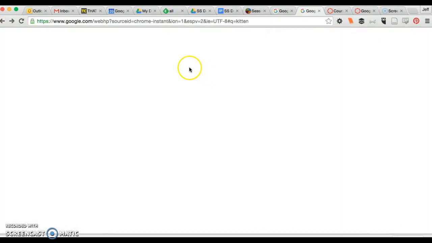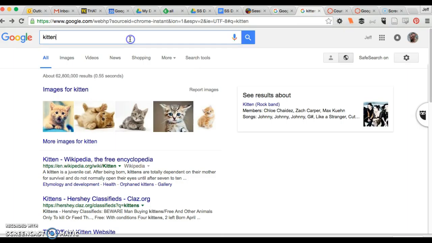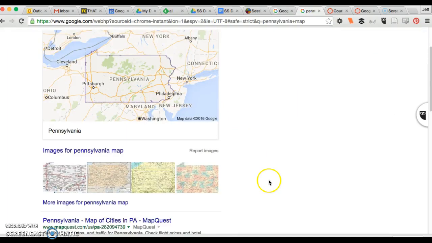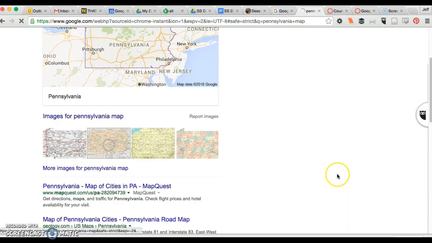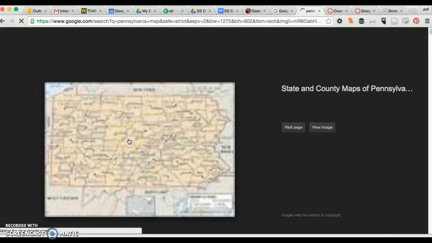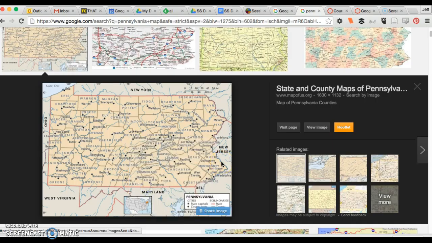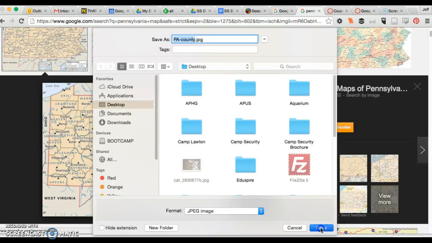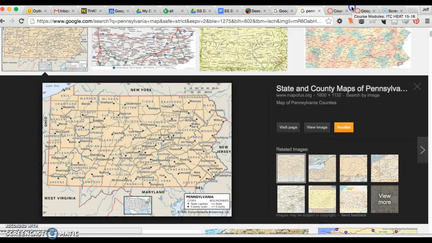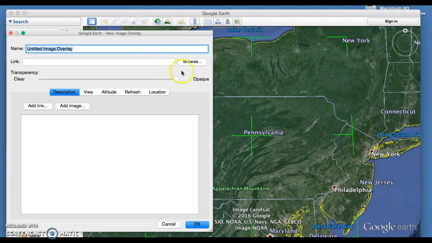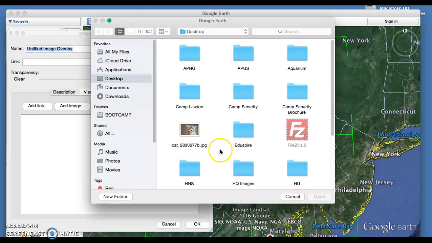So now I'll go here and this time I'll just search Pennsylvania map. Get some regular old Pennsylvania map. I'll do the same thing. I'll save that image on my desktop, go out here to Google Earth, add image overlay, browse for the file,